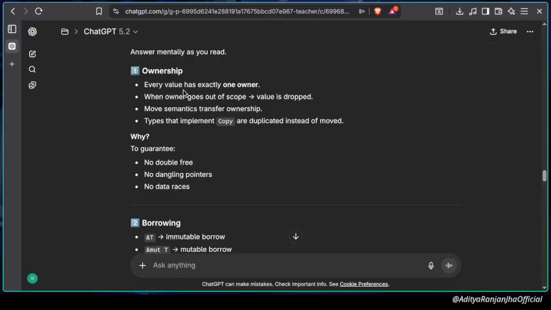First one is ownership. So ownership has every value has exactly one owner. When owner goes out of scope, value is dropped and move semantic transfers ownership. Move semantic transfers the ownership, whereas the types that implement copy are duplicated instead of moved. So again,